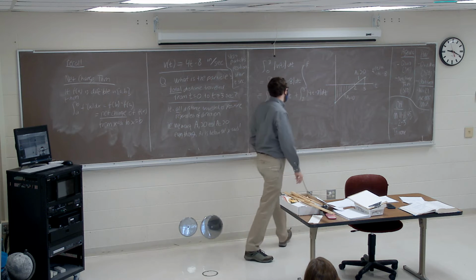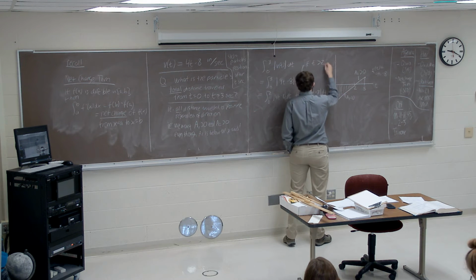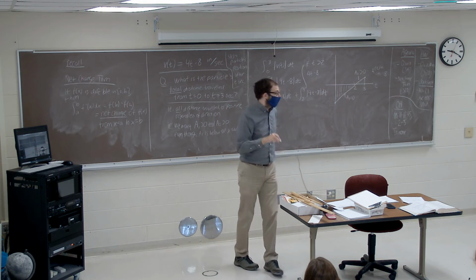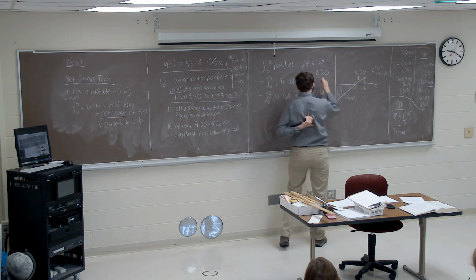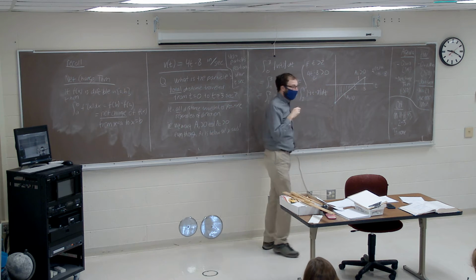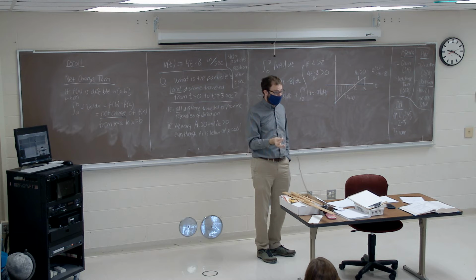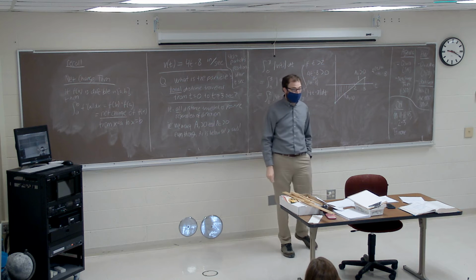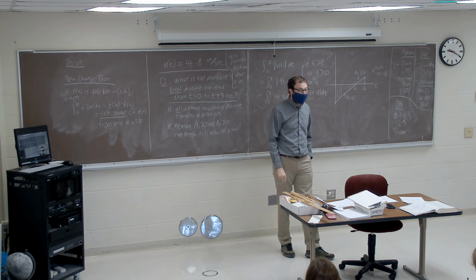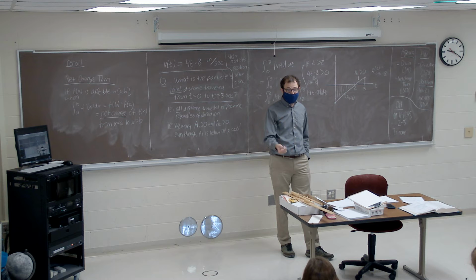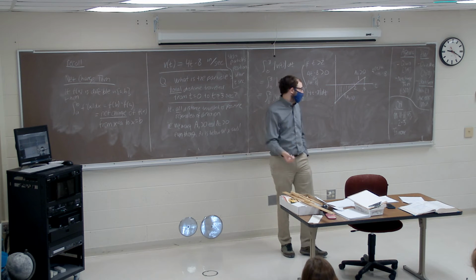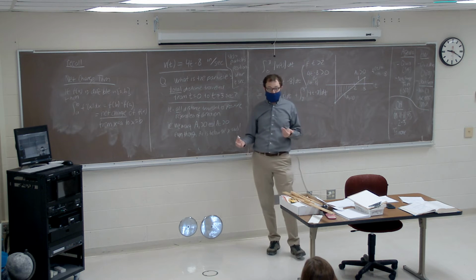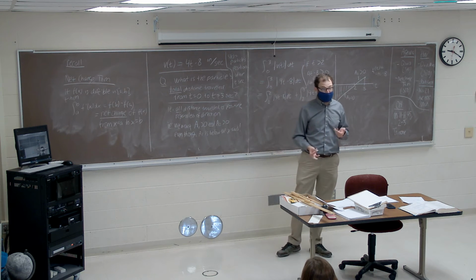If t is greater than 2, what do we know about 4t minus 8? It's going to come out to something positive. And if 4t minus 8 is something positive, what does that mean is going to happen when we take the absolute value of 4t minus 8? What's that? It's positive. Well, that would have happened whether 4t minus 8 came out something positive or negative. Its absolute value would always have to be positive.